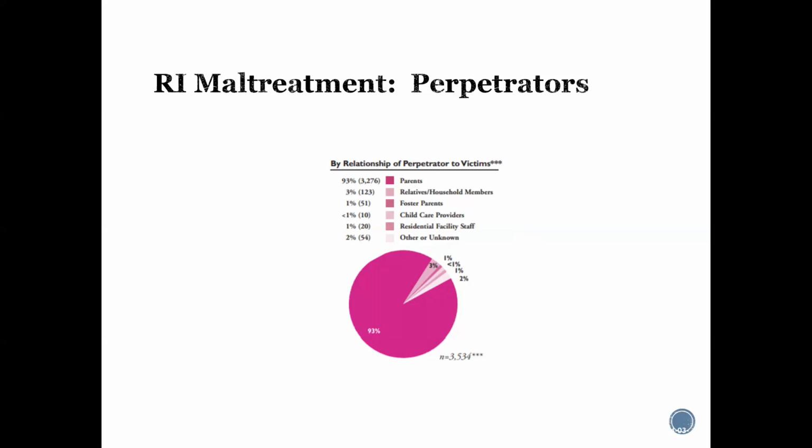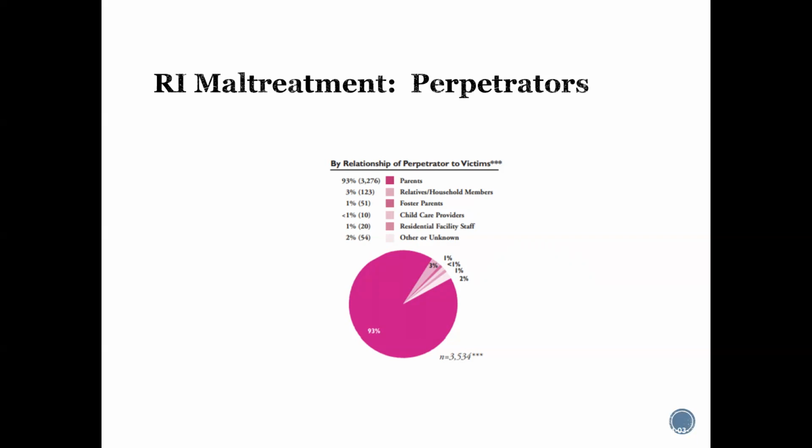So when we look at perpetrators of maltreatment against children, we see that 93% of the calls made in 2019 were for abuse and neglect perpetrated by parents, followed by a small number, 3%, of relatives or other household members. That could be a parent's significant other. It could be extended family members living in the home. We also see foster parents, that there have been instances of maltreatment reported where foster parents are the perpetrators in 1% of the cases. Child care providers,